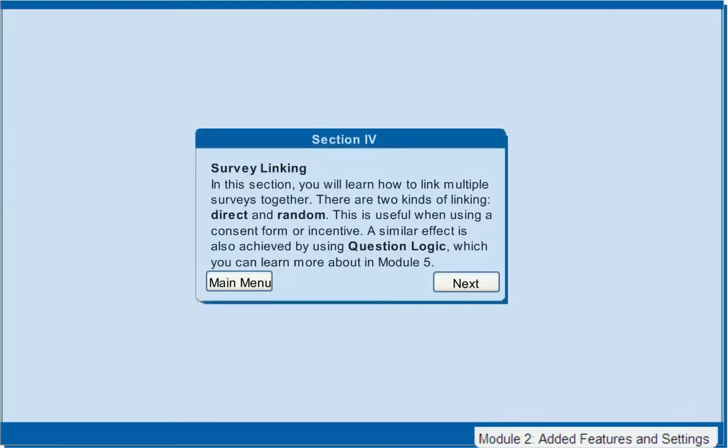In the section on survey linking, you will learn how to link multiple surveys together. There are two kinds of linking, direct and random. Direct linking is useful when you want everyone to end one survey and go to another. This may be where you want to collect the information but do not want the data tied in the same database, for example, a consent form or incentive. A similar effect to direct linking is also achieved by using question logic, which you can learn more about in